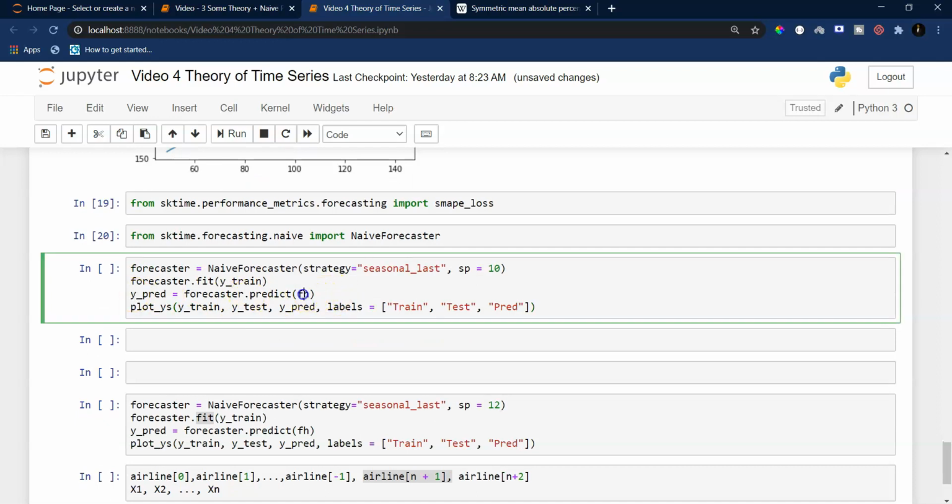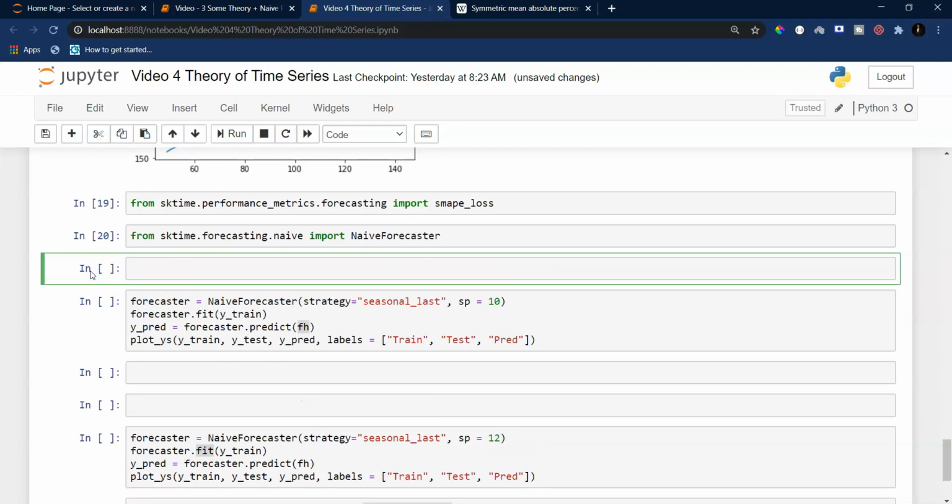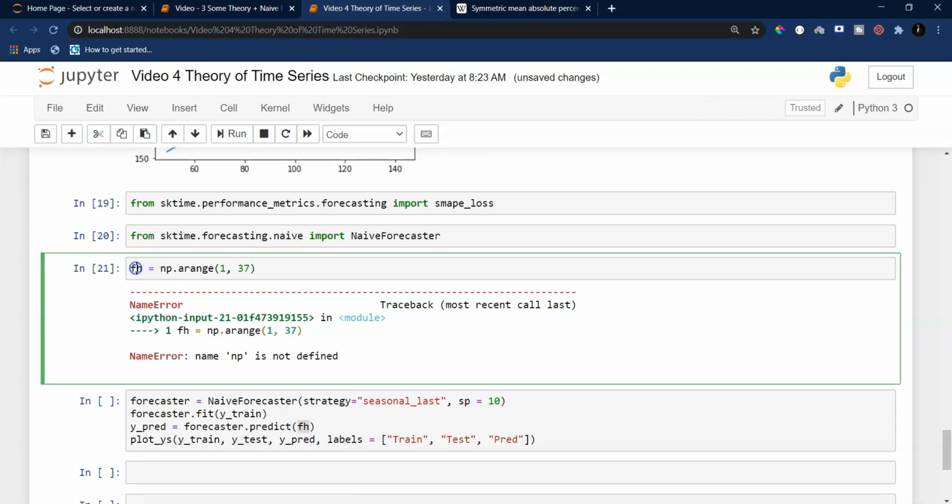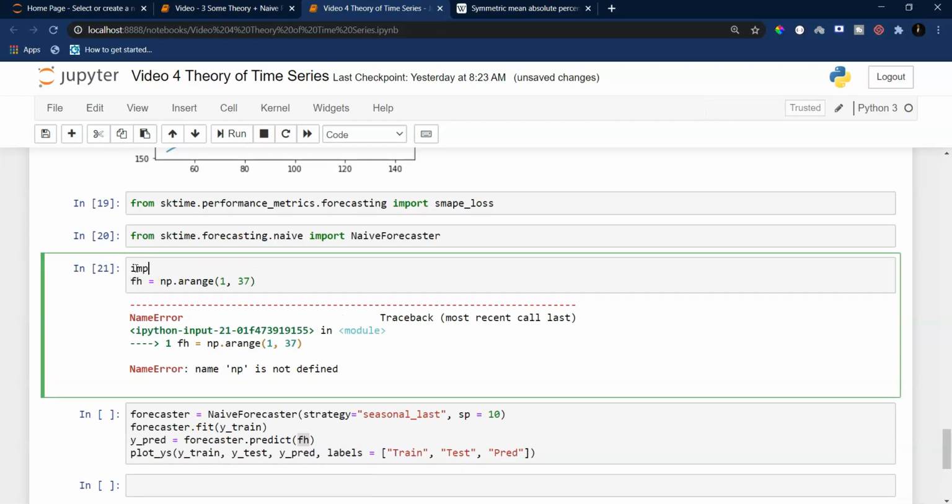Yes, we did not define any fh here, so I'll say fh is equal to np dot arange, and arange from 1 to 37 because we need to predict the future 36 values, and we do not have np, so we need to import that. So I'll say import numpy as np.